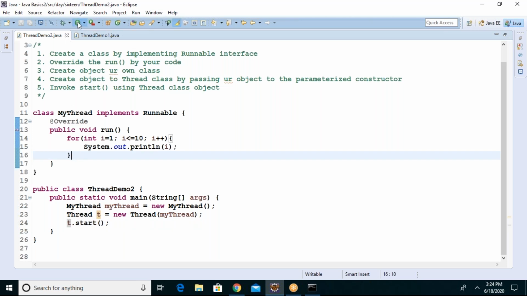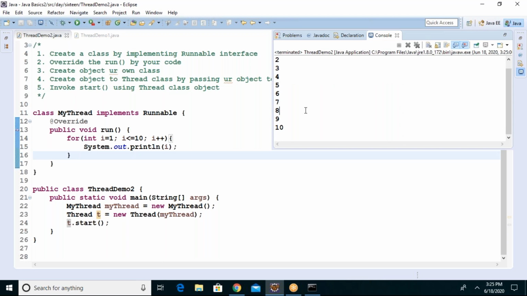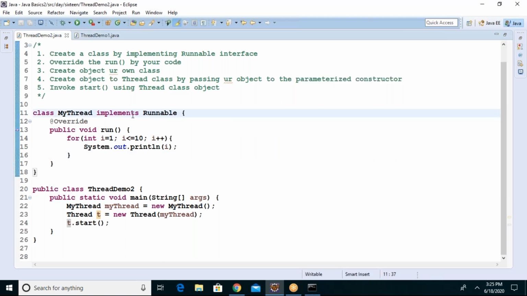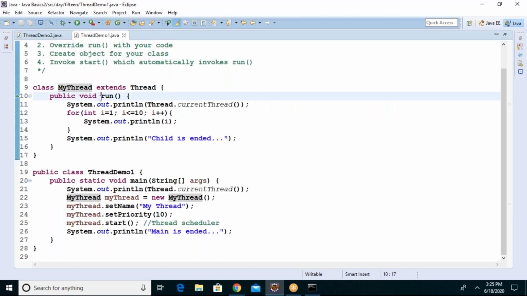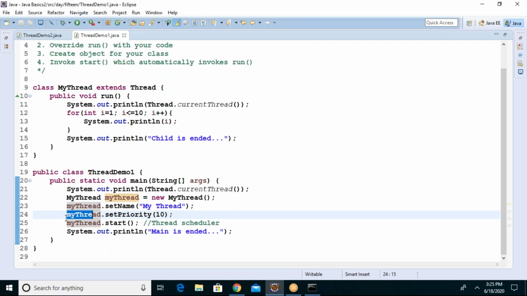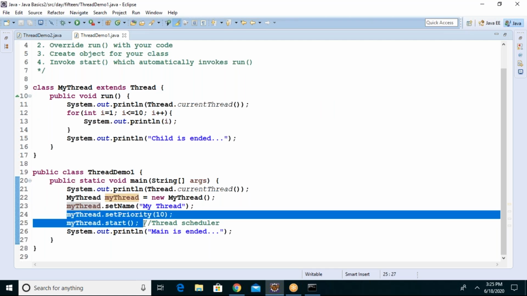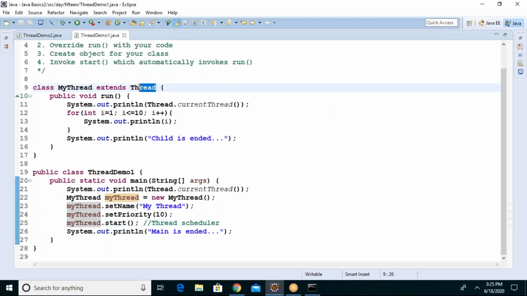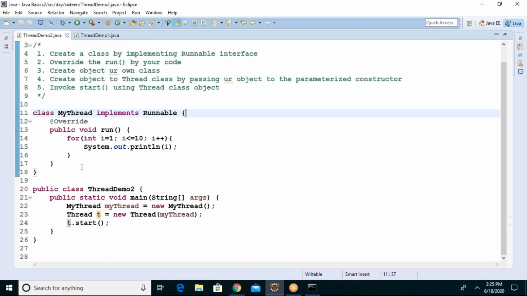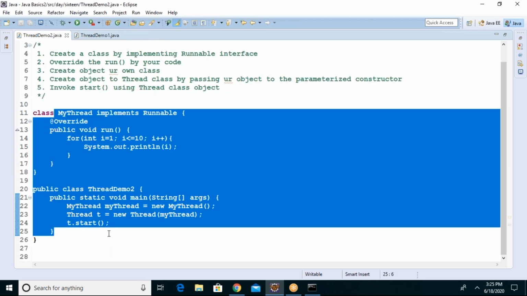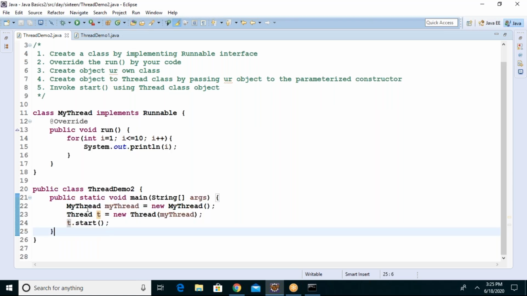See, this is the output. So this is only needed when you want the runnable interface. Otherwise, you can straight away create the object and call the start method directly on that object, because it contains a start method. So you can invoke the start method and the run method will be invoked. Is that clear? Yes, sir.